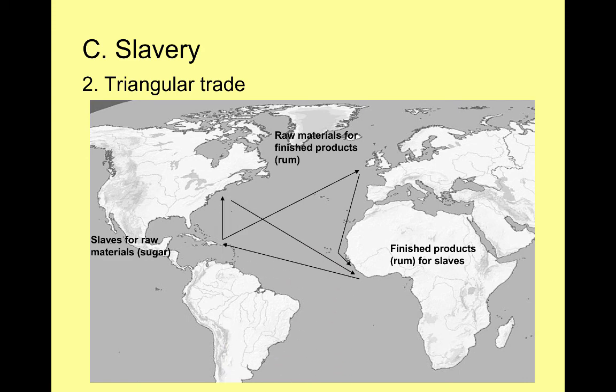Now, this slave triangle took many forms. Of course, instead of going back to England, you could have gone from the Caribbean or the South to Massachusetts or New England because there's some manufacturing there. And so we could have drawn many different ways that the slave triangle worked. Here I just have two. Either the destination is back to England and then to Africa, or to the north and back to Africa. But this is known as the Atlantic world. This is the Atlantic trade.